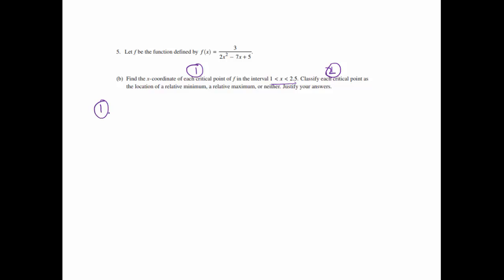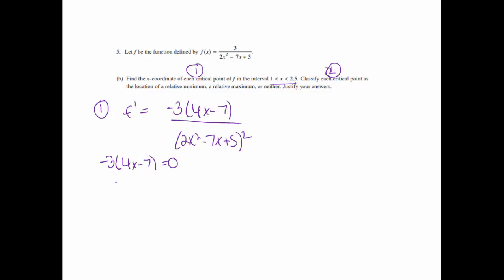Okay, to get the first one, I'm going to rewrite the derivative here, so I've got something to look at for that. 2x squared minus 7x plus 5 squared. Okay, to find critical numbers, please remember we're going to set the numerator and the denominator equal to 0. If you set the numerator equal to 0, you're going to get a critical value of 7/4. If you set the denominator equal to 0,